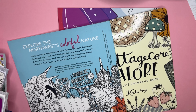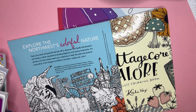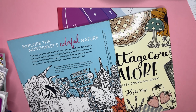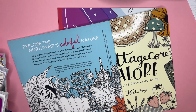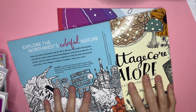I wanted to share with you all the finds I got from Barnes & Noble. It's the first time I've looked for or bought coloring books at Barnes & Noble. Last time I went last Christmas, I wasn't buying a lot of coloring books, and honestly, I've always bought them on Amazon or more recently Etsy International or Book Depository. So I thought just for fun, I'd go into an actual store and look at books, and it was super